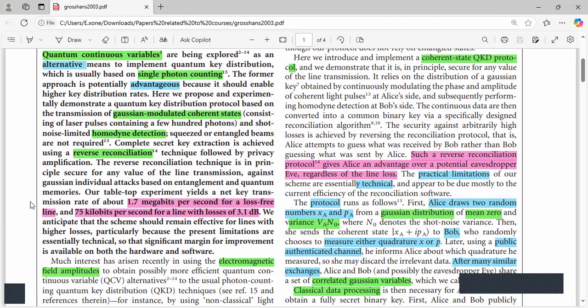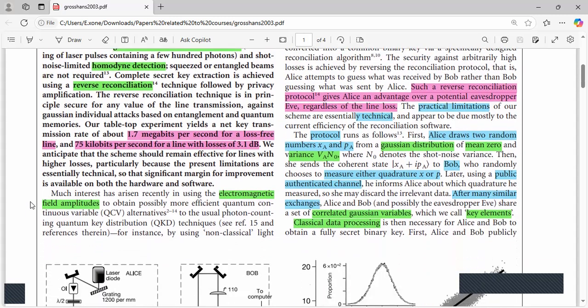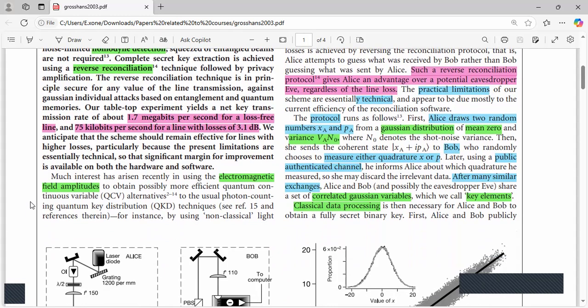So as we move on to recent years, we will have much more sophisticated apparatus, and we could overcome these practical or technical limitations of our apparatus. Next, they talk about the whole protocol and the steps that one has to follow in order to complete the whole process. The first step is on the Alice side.